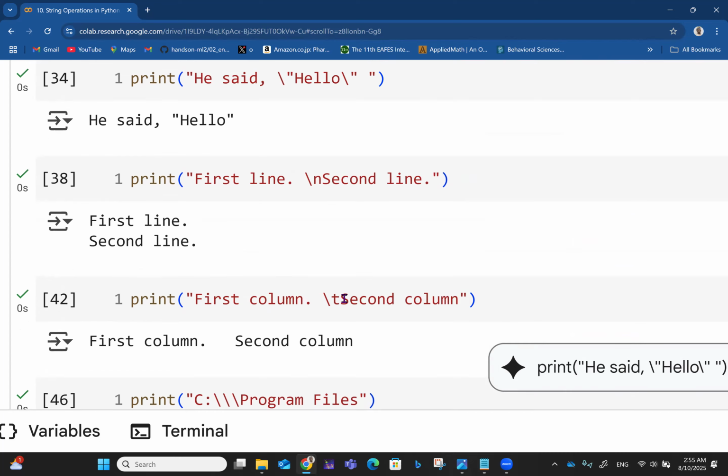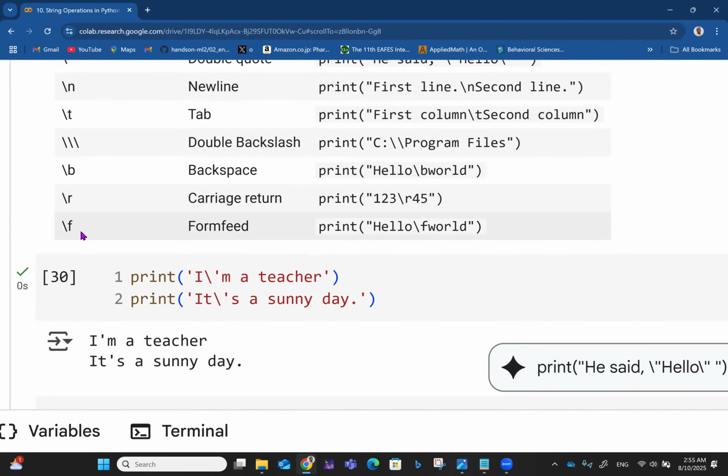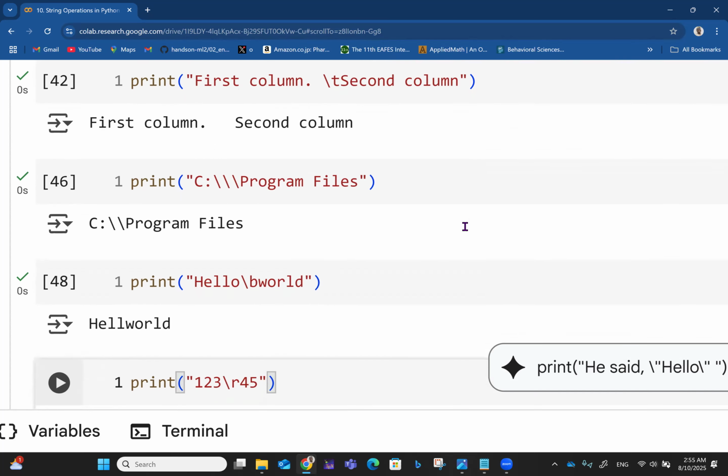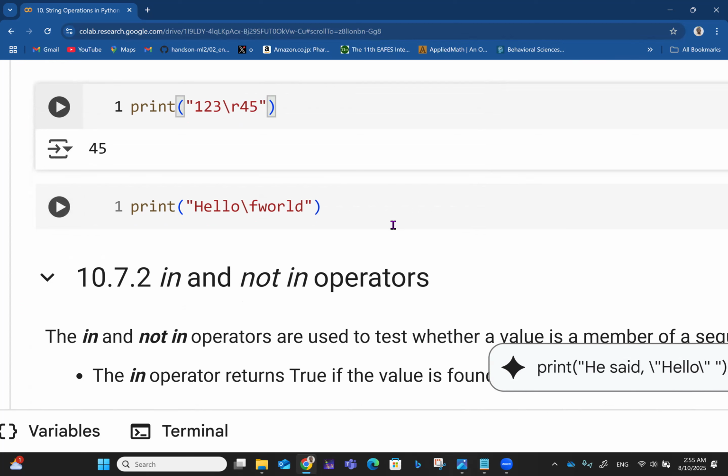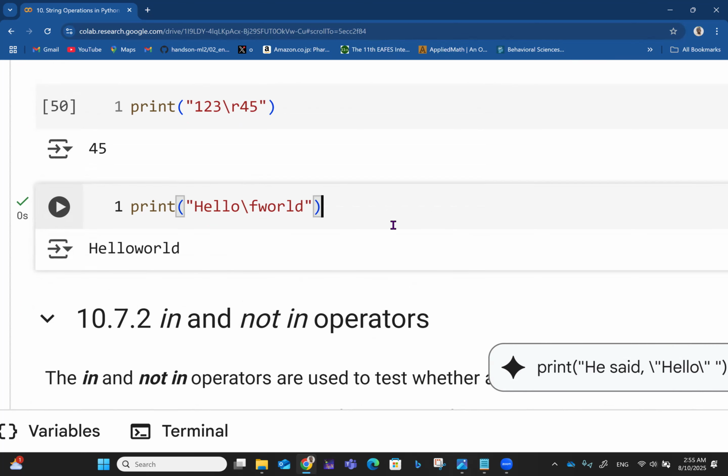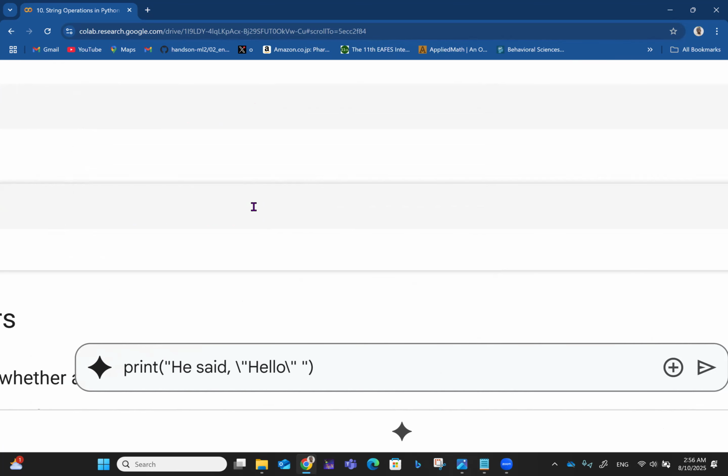Then lastly, we have the form feed, I think that's what it's called. Backslash F. We have backslash B, R and all that. Form feed now. Print hello world, see what that does. Okay, these are some character things like that. So you have hello world, no space, right? You just make sure there's no space. I mean it feels a bit redundant because if you remove this backslash F, you get the same thing, right? So it's kind of redundant, but it is what it is. Okay, so now that all of that is done,